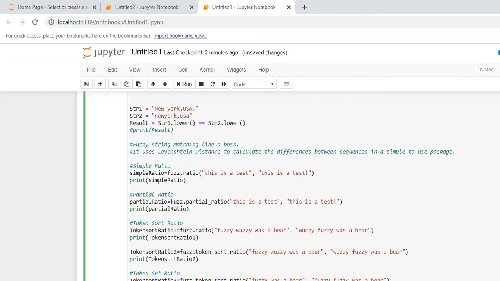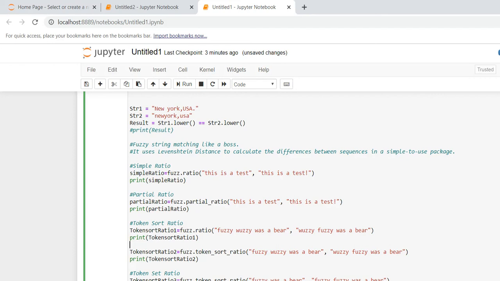So what is the difference between simple ratio and partial ratio? When we calculate partial ratio, it takes only the words which match between the two strings. But when we check with simple ratio, it matches words as well as symbols.